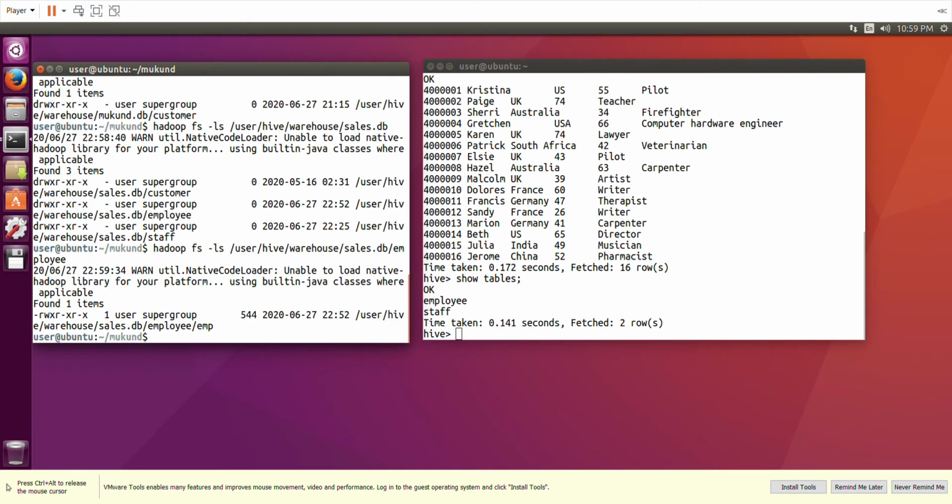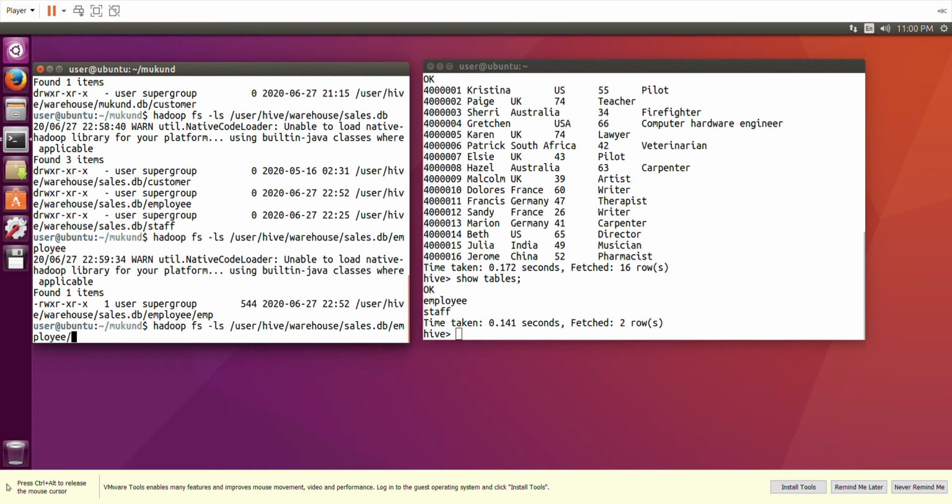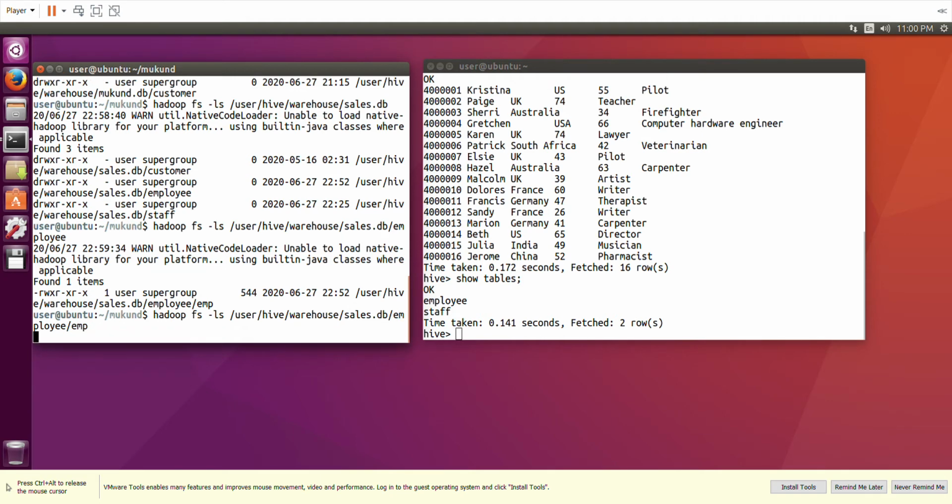Okay, so now you can see inside employee, the table we have created, this is the data set. We have data set name EMP. Intentionally the name was kept so that you will understand that the name of the table and data set can differ. If you have the name of the data set as something else, then it will reflect like this. If we want to go further inside, I am putting here EMP.